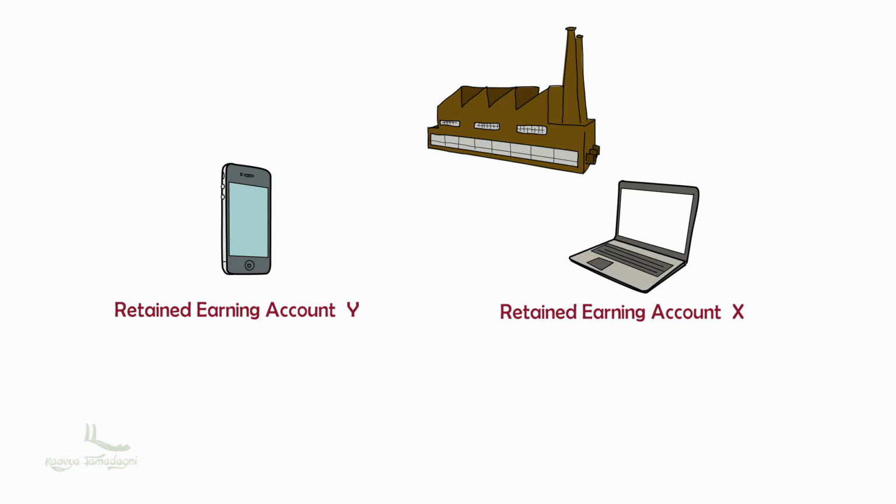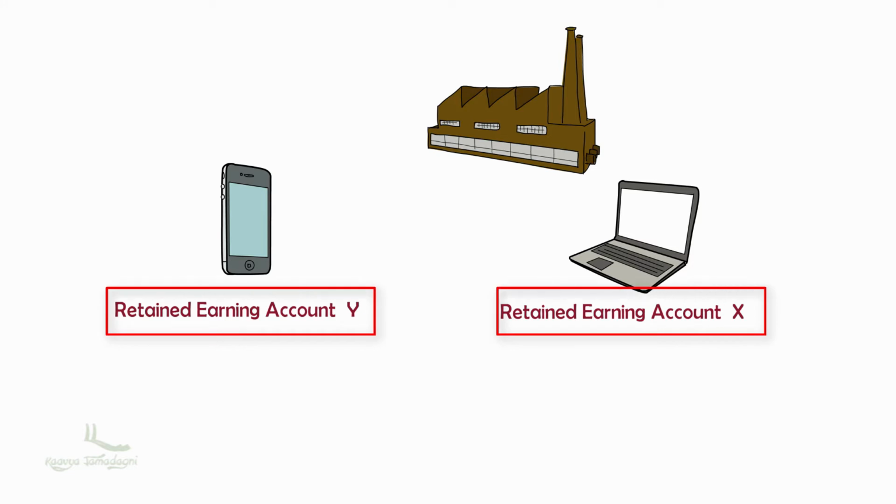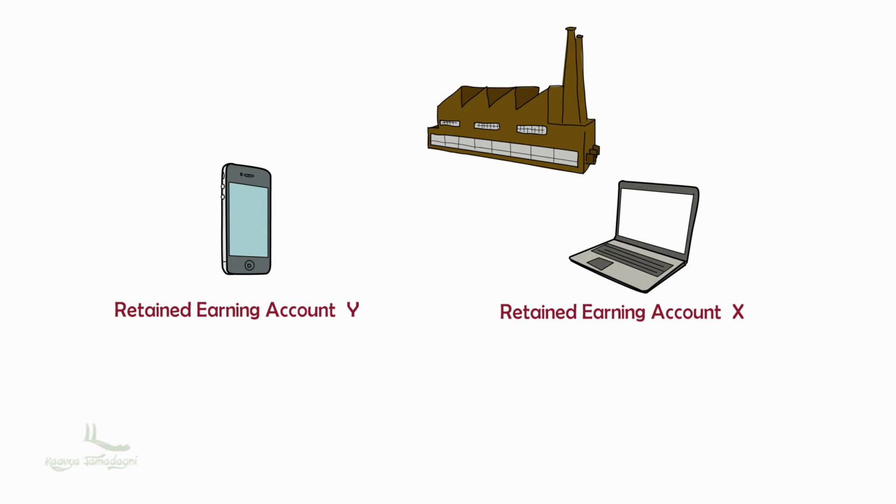So let's consider an example as X and Y. X created for laptop as retained earning GL account under liability group, and then Y created for mobiles as retained earning GL account under liability group. So, whenever I am creating the GL account with respect to profit and loss account, every time I have to segregate the GL account whether it belongs to X or it belongs to Y. So that at the end of the year, I can generate the profit and loss statement for individual products. I can even generate the combined profit and loss account too.